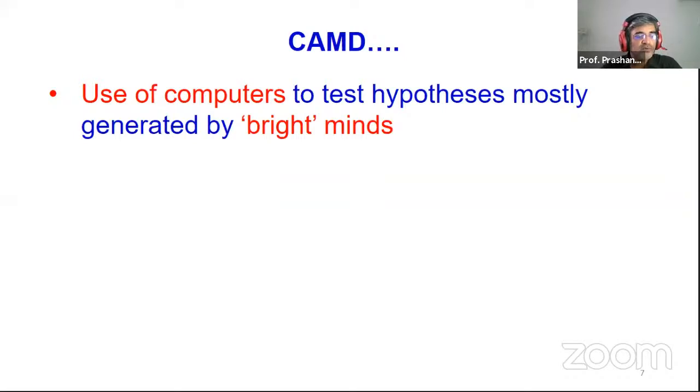Like I told you, these bright minds could be a chemist, a medicinal chemist, or a phytochemical scientist, as in a pharmacognosy person who is likely to be involved in the preparation of extracts of phytochemicals, and anybody actually, not just